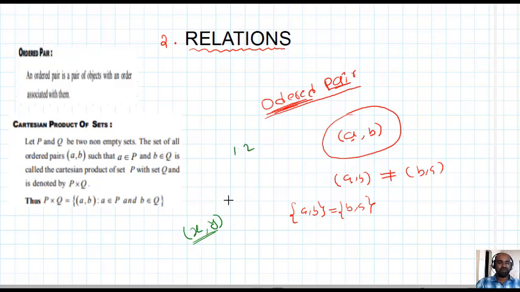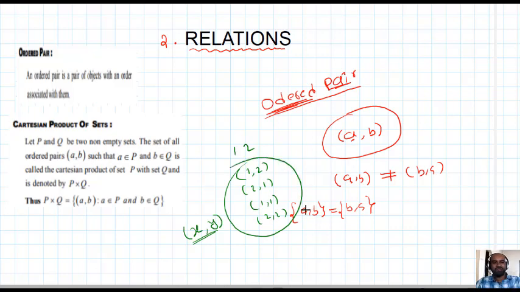So you want to make ordered pairs. How many different types of ordered pairs can you make? I can say 4 ordered pairs you can make. I will show you. (1, 2) is one ordered pair. (2, 1) is another ordered pair. Different, no? (1, 1) is another ordered pair. (2, 2) is another ordered pair. Totally, we get 4 ordered pairs by using these two real numbers.